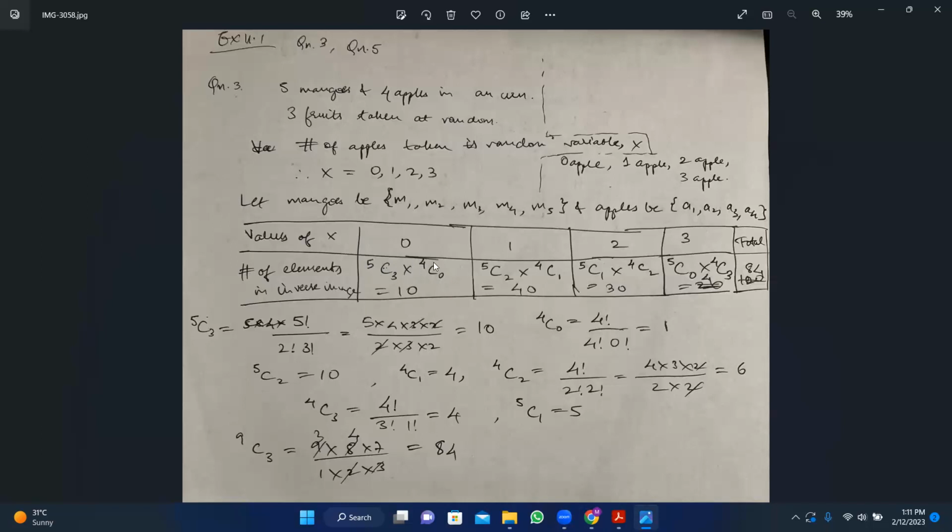combinations, 5C3 into 4C0, which is, we have calculated that 5C3 is 5 factorial divided by 2 factorial and 3 factorial. As we expand, we get the value as 10. And we know that 4C0 is 4 factorial divided by 4 factorial, 0 factorial, which is equal to 1. Now, to review this formula, which we have studied in combinations,